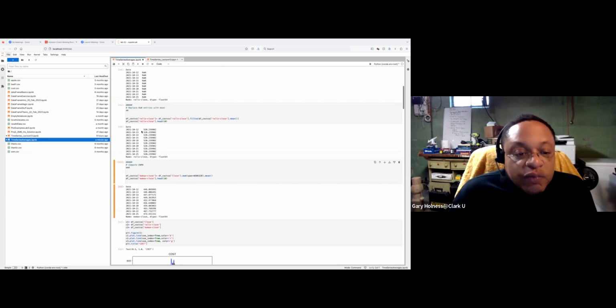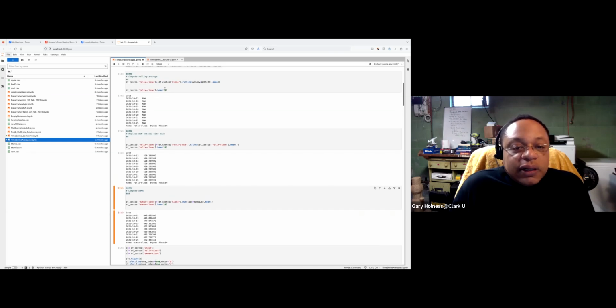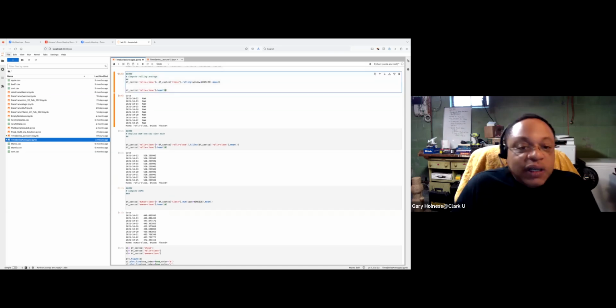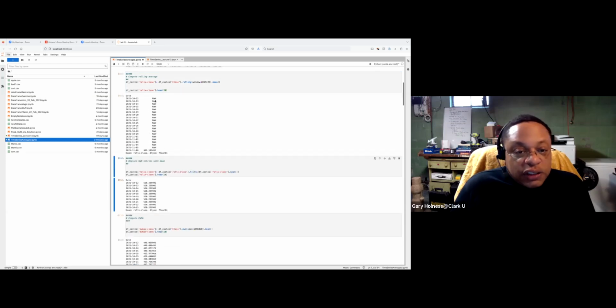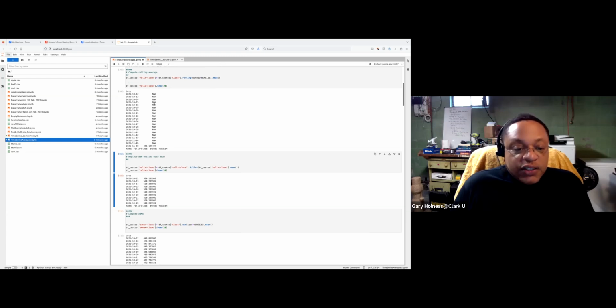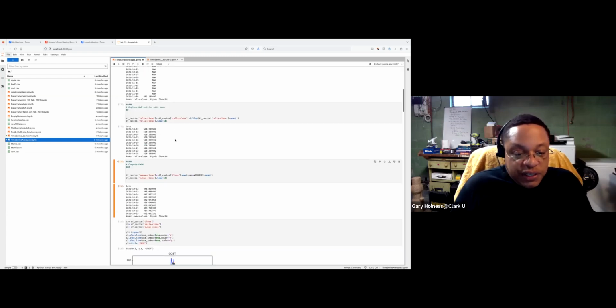You'll notice now, if I show you the first 20 entries of my rolling window version, the first 19 entries are not a number, and so I replace them with the mean.